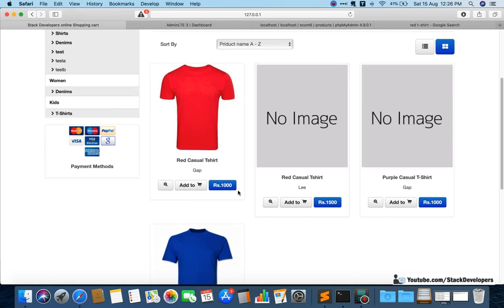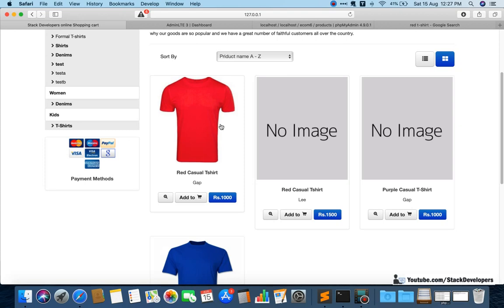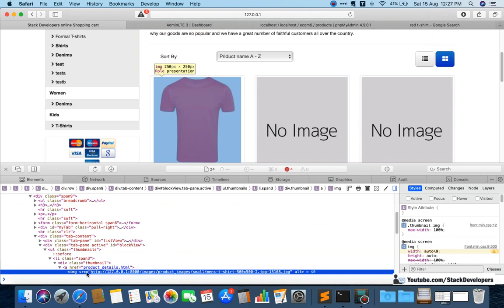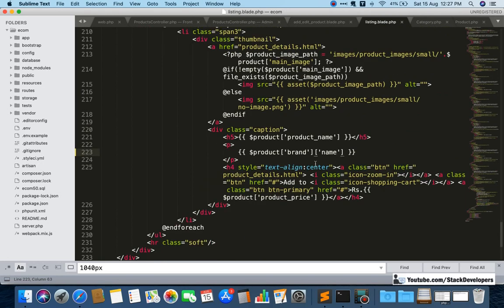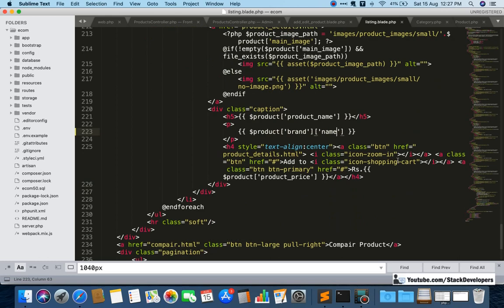Okay, so here you can see the size also reduced. You can see the size of this box and the size of this box. So we need to reduce all the images like this. We need to reduce the no image size as well. Okay, so here also the no image size must be 500 into 500 only. So another way is I will just inspect this element and make its size here as well. I can go to the listing page and fix its size, but that is not the correct way.